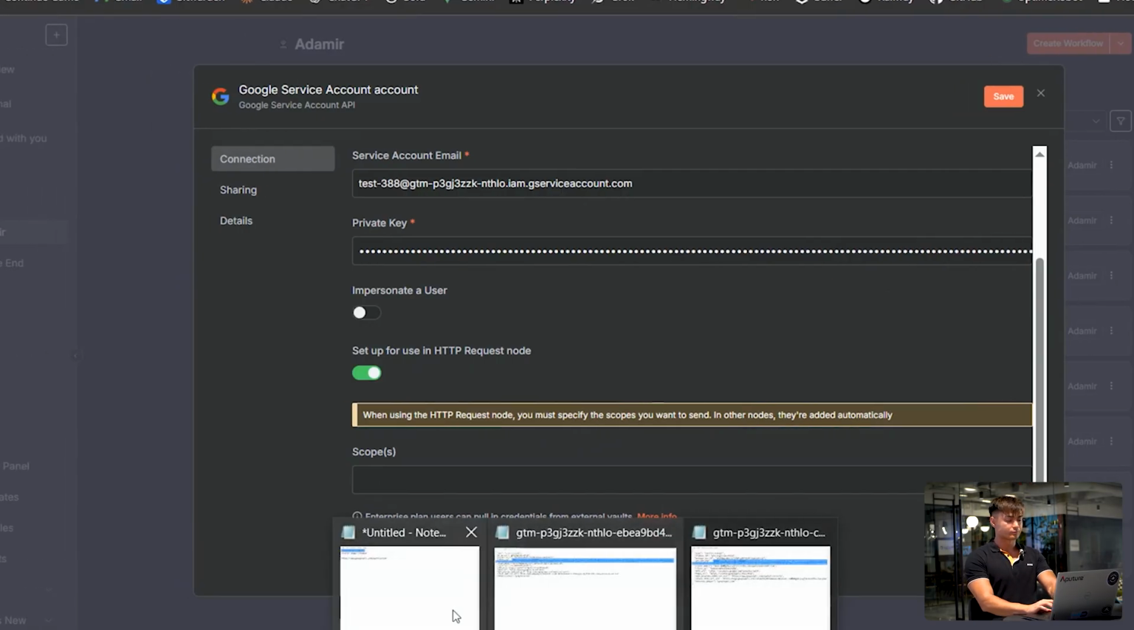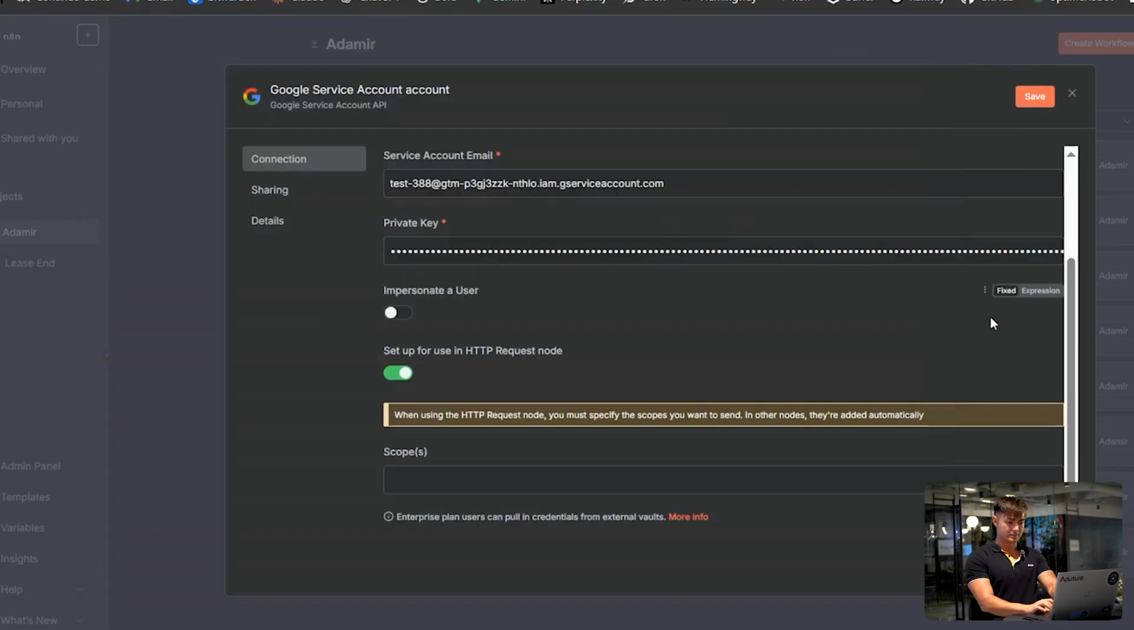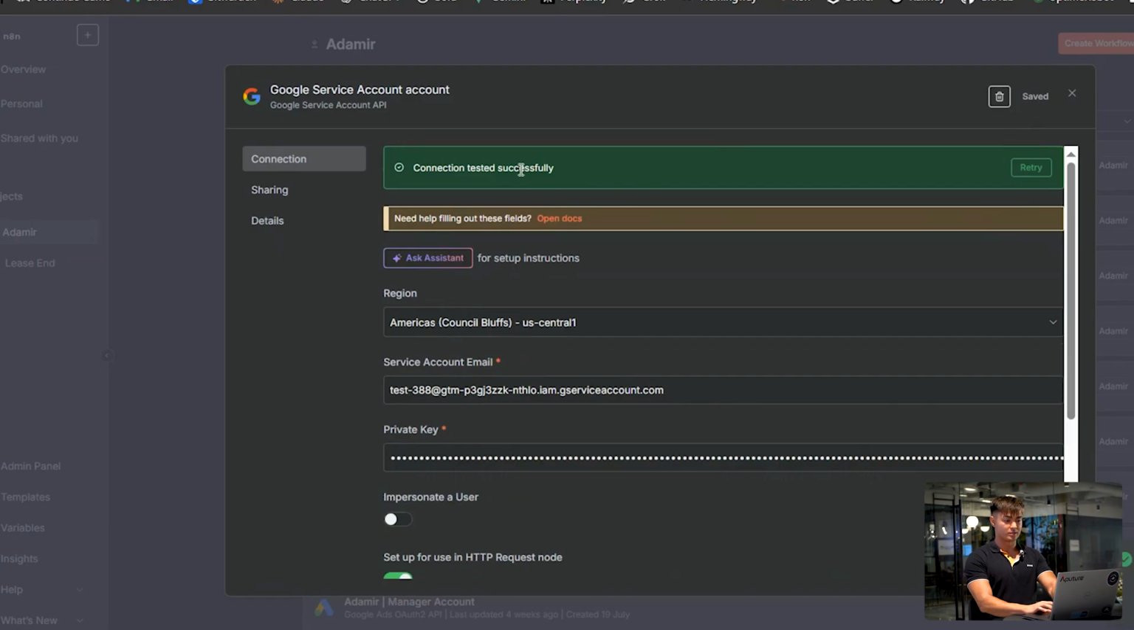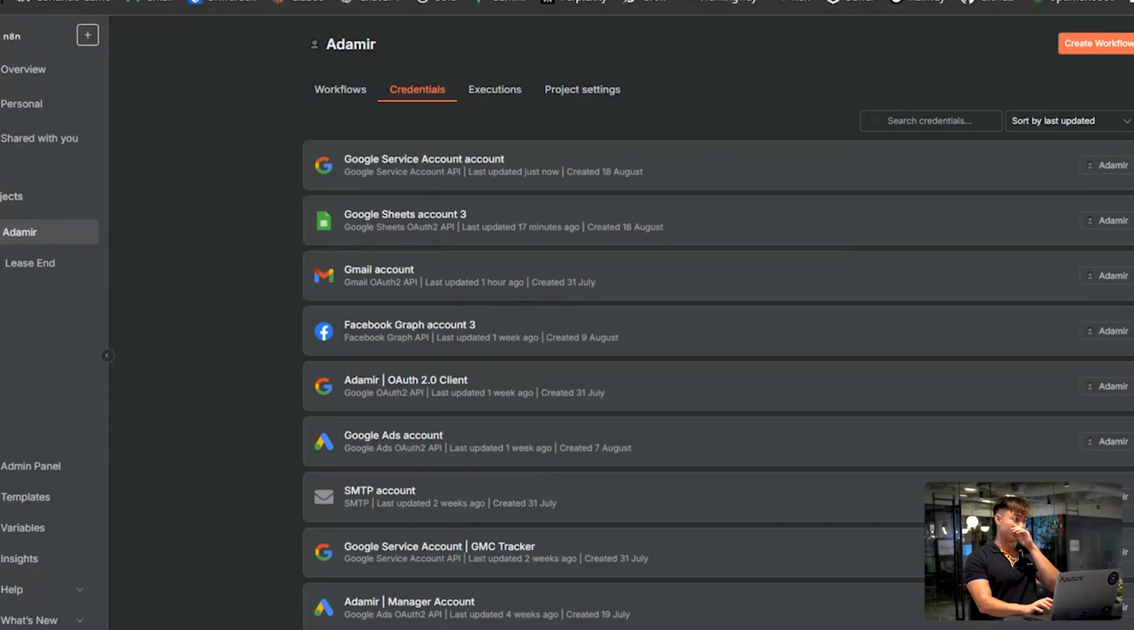And then in that section, you just want to put in this exact URL, HTTP googlelepus.com auth content. And then once you click save, it should show that connection is tested successfully. And this is everything you need to do in order to pull data directly from your exact merchant center. So once you're at this step, now we're ready to go to step 2, and that's actually building out the